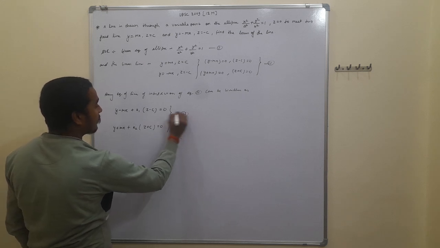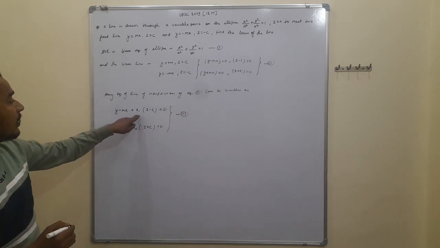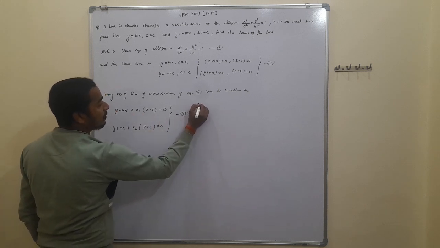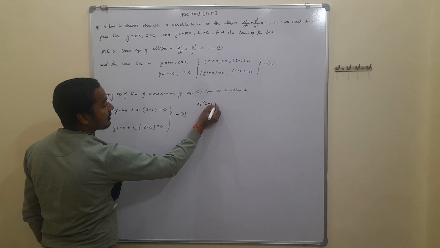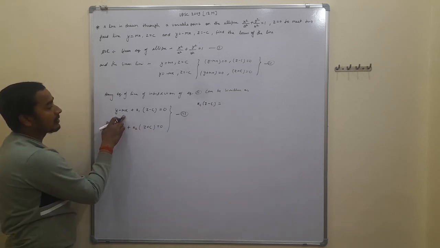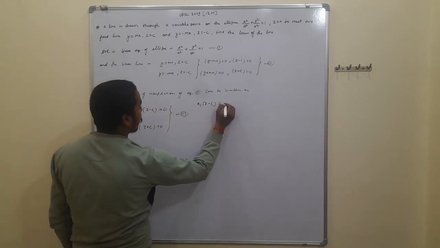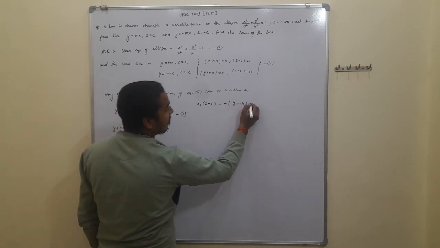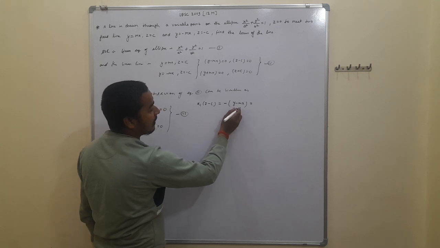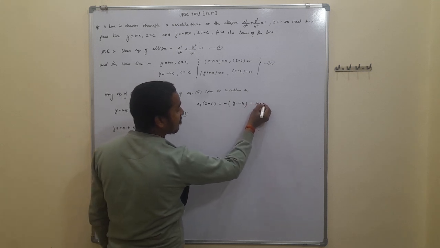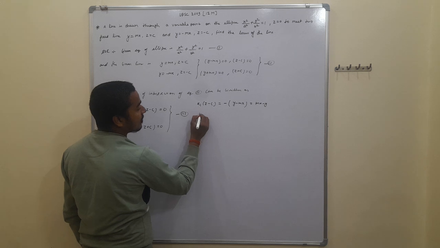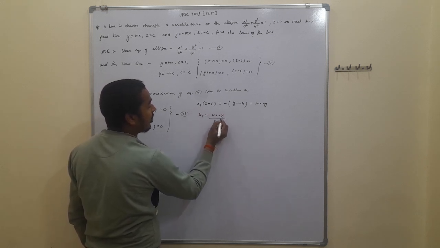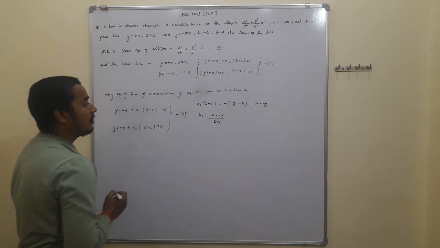and from here we have to find the values of k1 and k2. From here k1 times z minus c is equal to y minus mx taken to the right hand side, that is minus of y minus mx, and we can also write, on multiplication, minus y plus mx, that is mx minus y, and further k1 is equal to mx minus y upon z minus c. This is the value of k1.